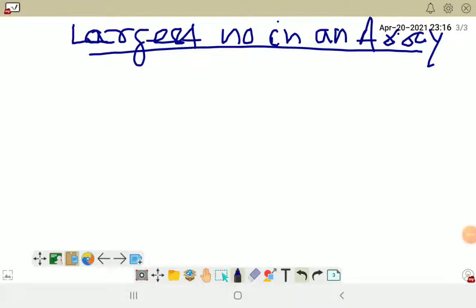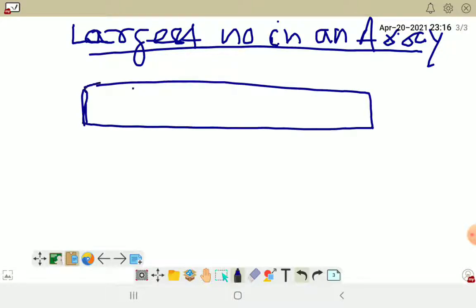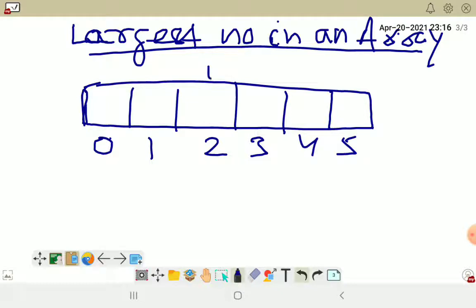Now students, in this video I will show you how we can find the largest number from an array. Let's take, for example, 6 numbers, and I will find the largest out of them. 6 numbers means there will be 6 partitions in the array variable, and the index numbers will start with 0, 1, 2, 3, 4 and 5, and the entire variable is, suppose, no variable.